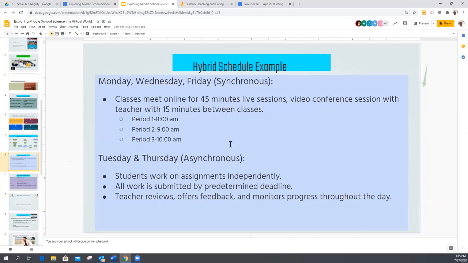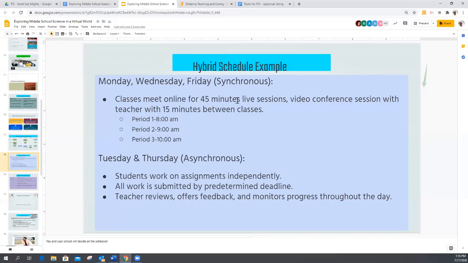So let's throw an example out. Lauren, I think you're still 6th grade science, right? Okay. So Lauren might have, let's say, 5 classes. During a normal face-to-face, 4 classes. So what she would do is have her class periods here, and then she would have her time with each of those classes. The kids that are assigned would know to show up at that time.